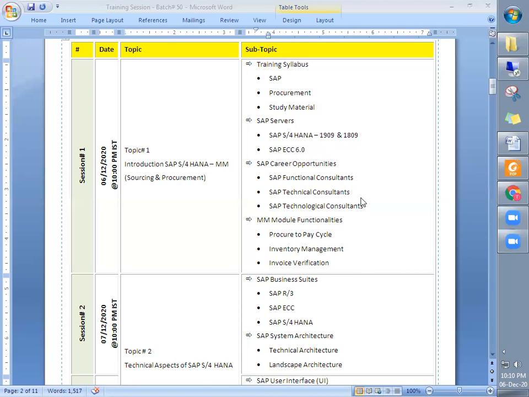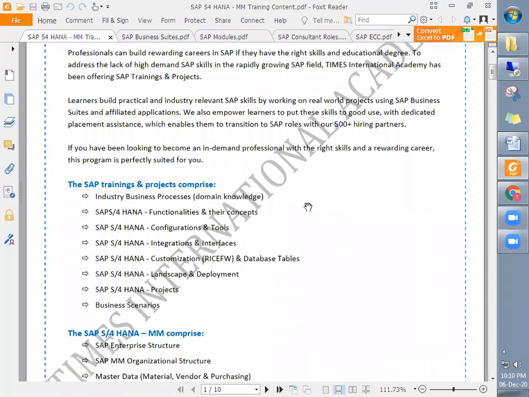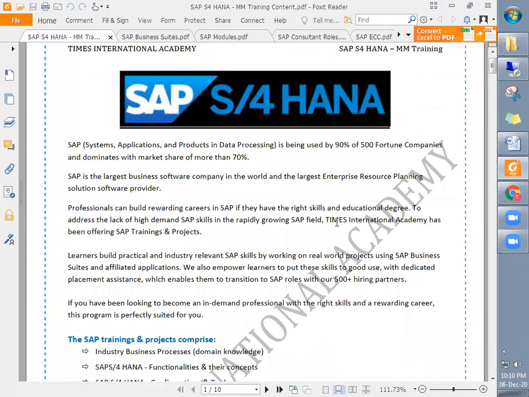First, we will start with the syllabus. What topics will be covered? From the syllabus point of view, the syllabus has been designed as per SAP certification and the SAP job market.